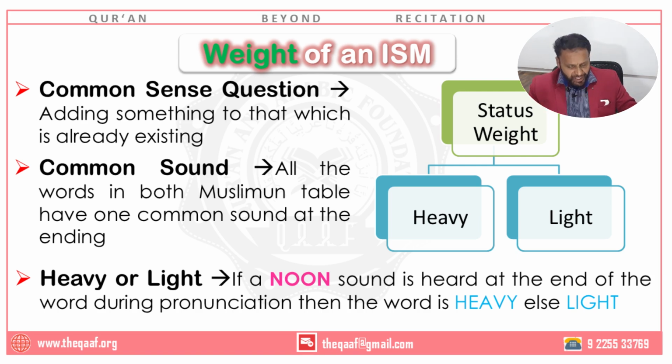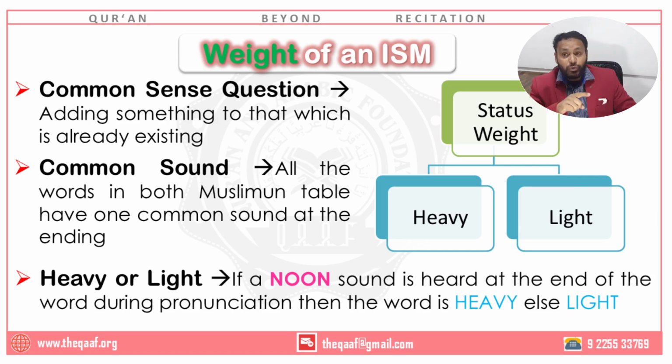If I come across an ism, I am expecting it to be heavy. That's the default. If I am reading the Quran, reading Hadith, whenever any ism comes, you had better be heavy. Why? Because that's normal. Heavy is normal. But if you are not heavy, that is abnormal. That means there is something I need to investigate. It is not in the original weight. The original weight is heavy.